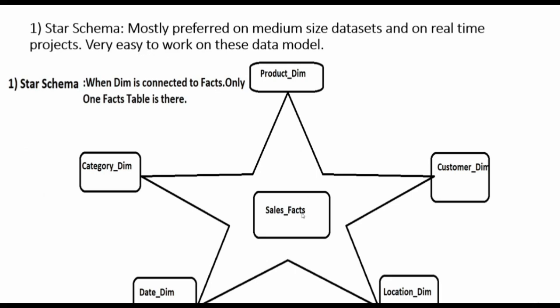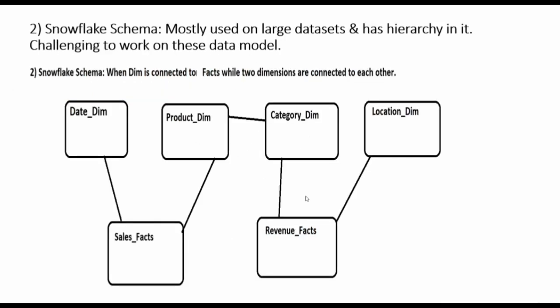Very easy to work with. See, there is one fact table and the rest are all dimension tables, and you are able to see the star in the diagram. The dimension is only connected to the fact. That's it. But when it comes to Snowflake schema, it is used on a large data set, also has hierarchy in it,